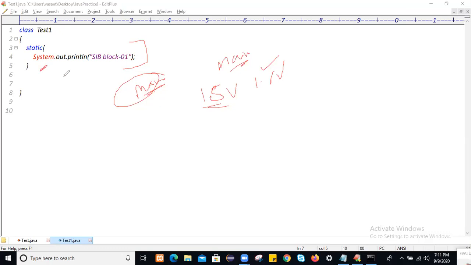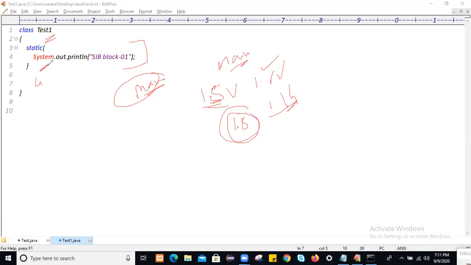We can compile your Java file without the main method, but your execution will start from the main method. So to execute static block logic, the main method should be there within the class. Currently I am using JDK 1.8, which is greater than 1.5. The latest is 1.14 or something, but I am using 1.8.